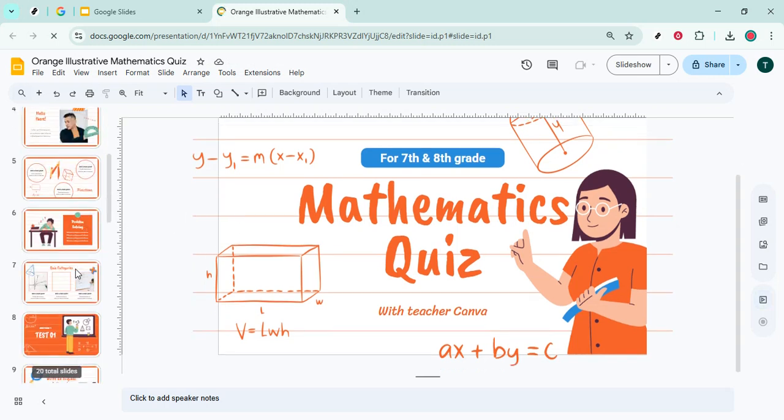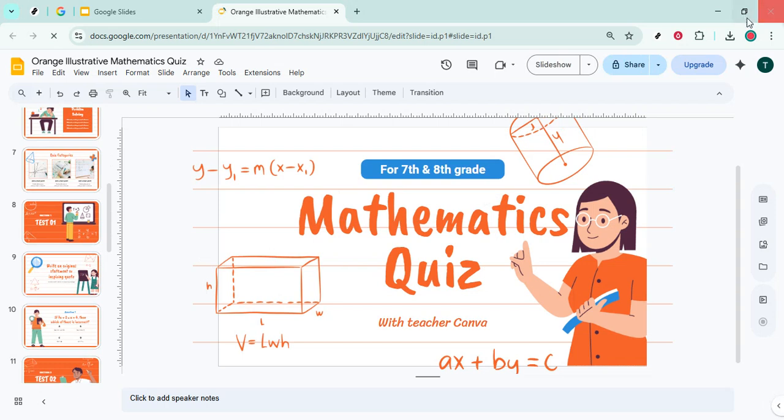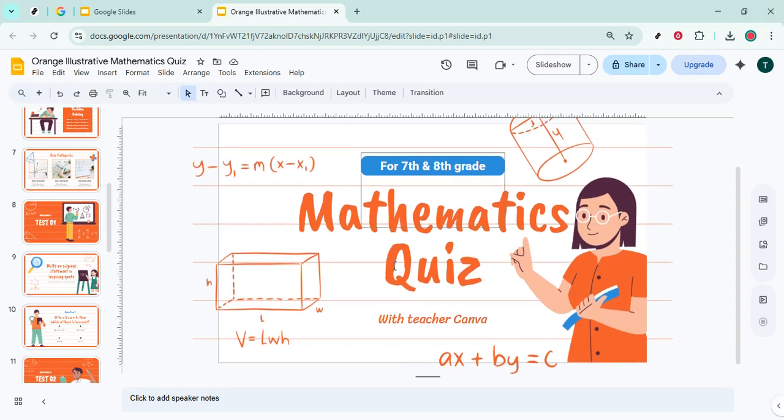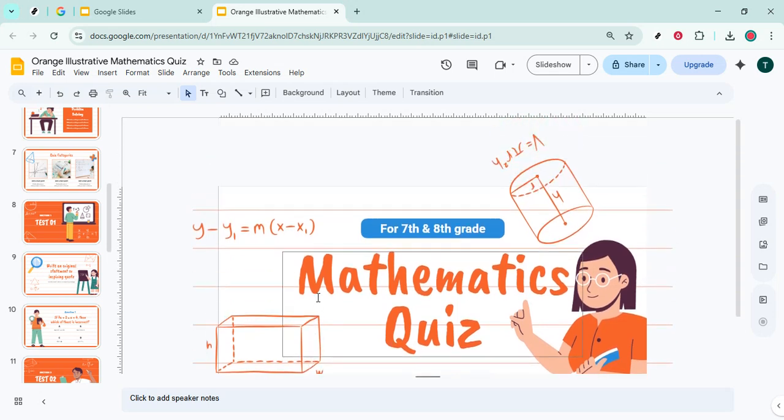If reloading doesn't work, the next move is to restart your browser. Close all browser windows completely, then open the browser again and return to Google Slides. Reopen your recent presentation from the homepage. Restarting frees up memory, resets extensions in the background, and gives Google Slides a clean slate to run smoothly. If you had multiple tabs open, you can restore them afterward, but focus on getting Slides open first to confirm